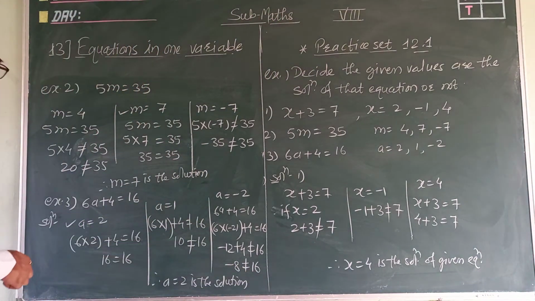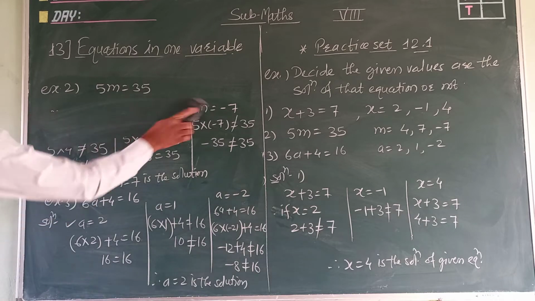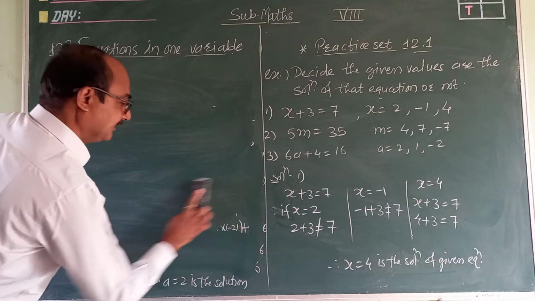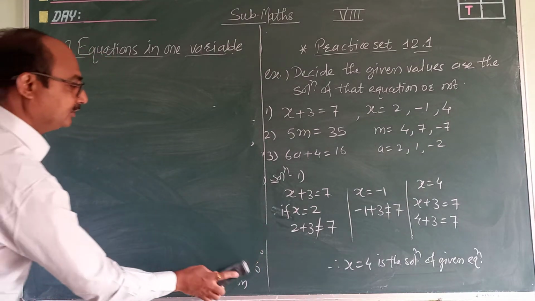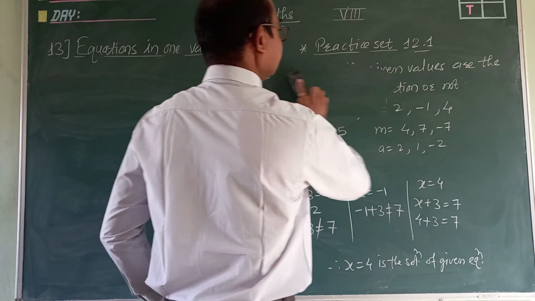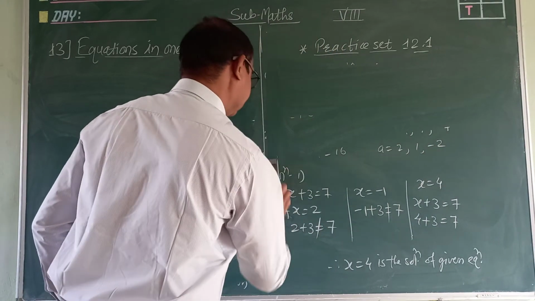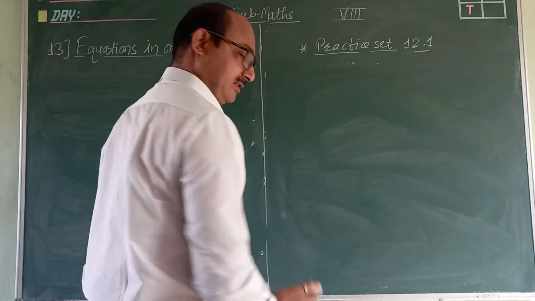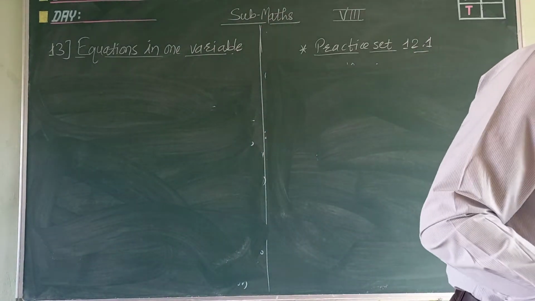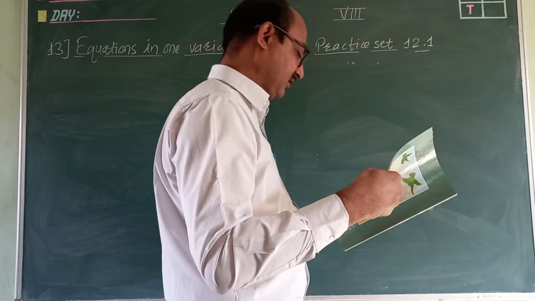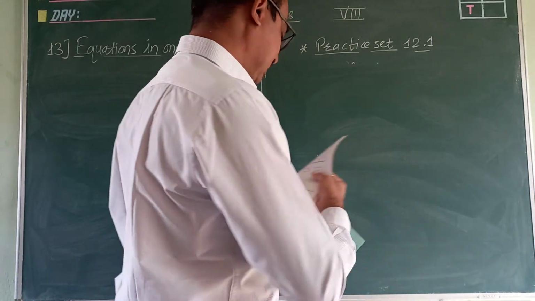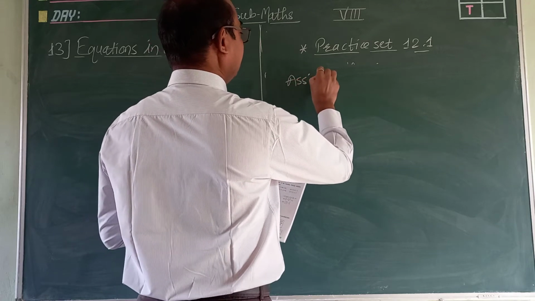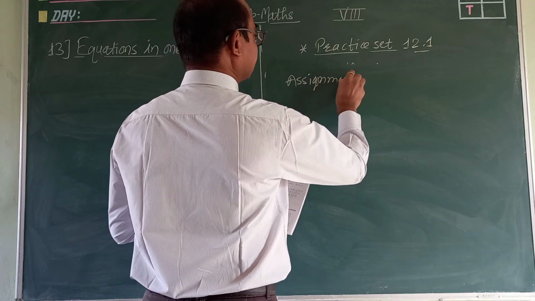So you have to write all these examples in your notebook, and now I will give you 3 questions. Below this, you have to solve them. Okay, question number 1 is finished. So you have to solve 3-4 questions from the book. For those students who do not have the book, I will write on the board. So for the same, you have to solve this assignment on this first question.